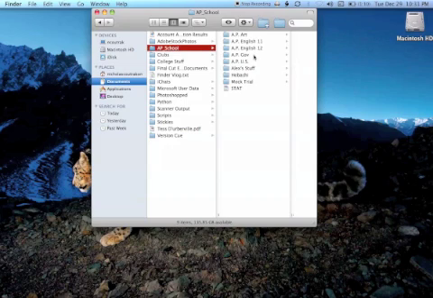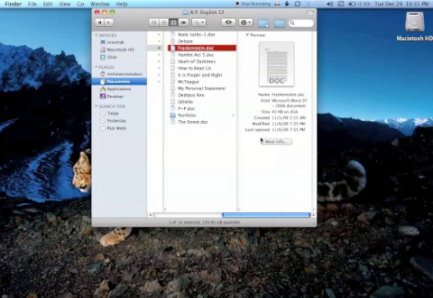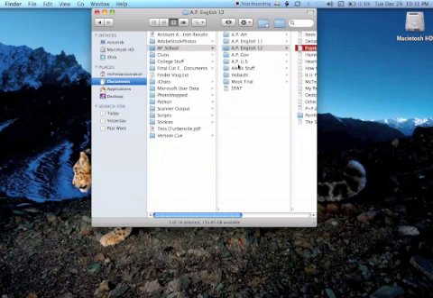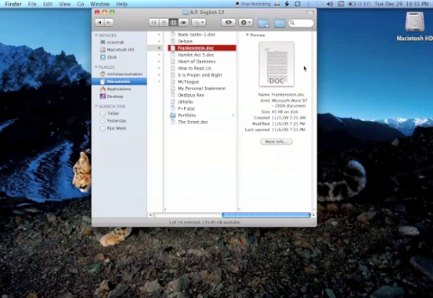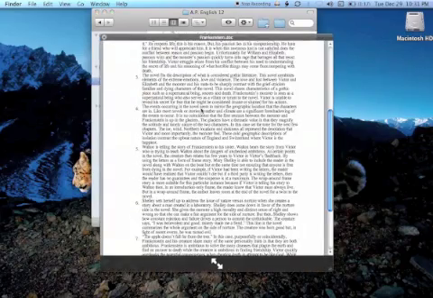coming from. I can go to AP School, English 12, I can go to a document, and it'll give me right here little information, a brief synopsis of that document, the metadata, the size of it, the name of it, and I can trace back to see how I got there. I know I'm in Documents, AP School, AP English 12, Frankenstein, and there's my document. And again, I can press the space bar to read it even more, scroll down, space bar to put it